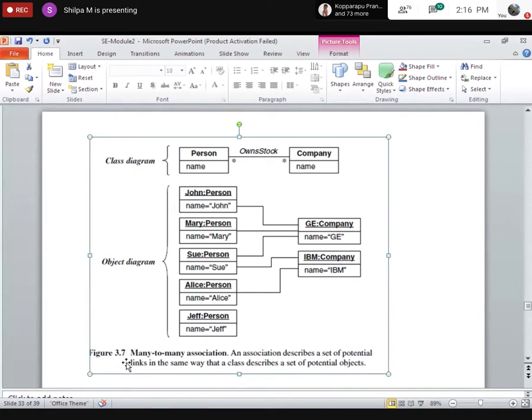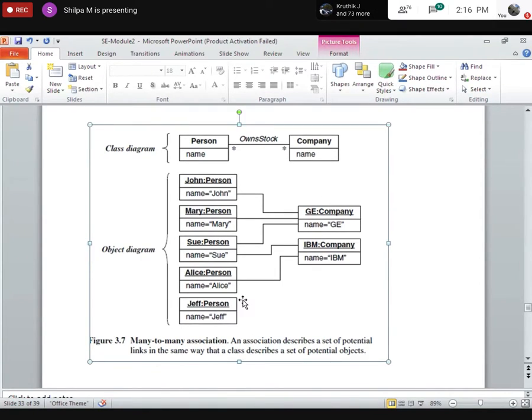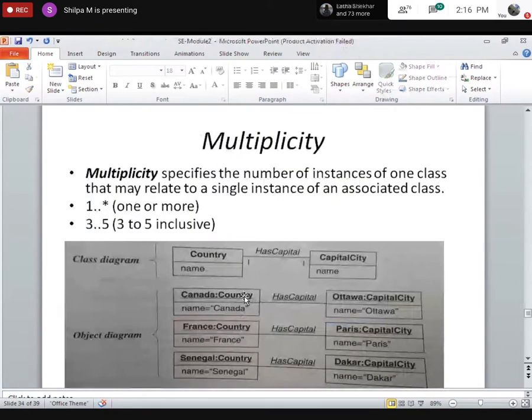It means multiplicity. It specifies the number of instances of one class that may relate to a single instance of an associated class. That is, how many instances of one class are related to how many instances of the other class is given by this multiplicity.